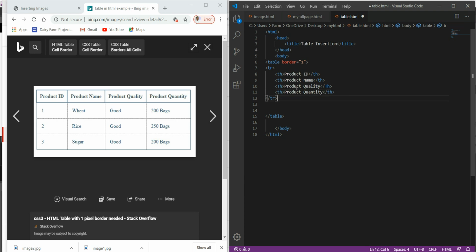This way we have created a table with border 1 and a table row having these heads, one row over there.